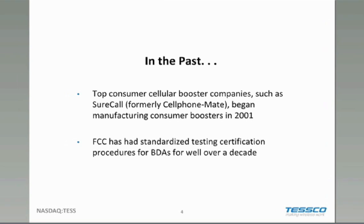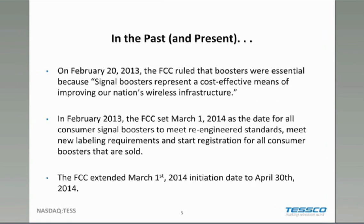So there has been FCC certification along the way, but with the development of certain products in the marketplace, there was noise; there's the opportunity for signal boosters to create noise to the tower, so more rigid standards needed to be developed, and that's really at the heart of all this. So last year, on February 20th, the ruling came down and was pretty much presented to everybody in the industry,